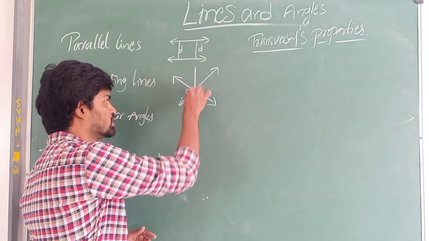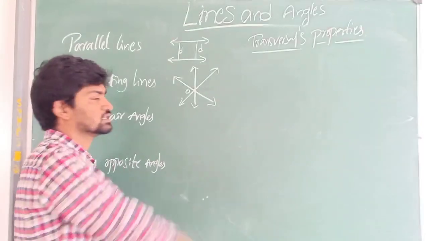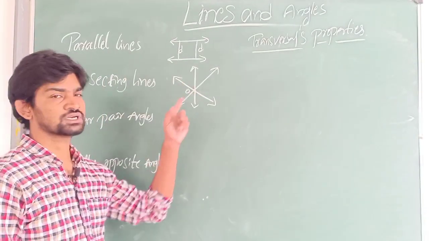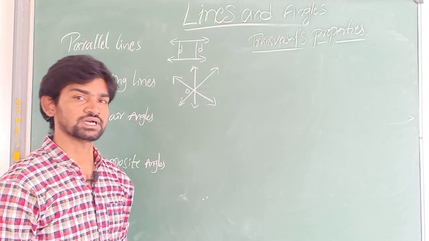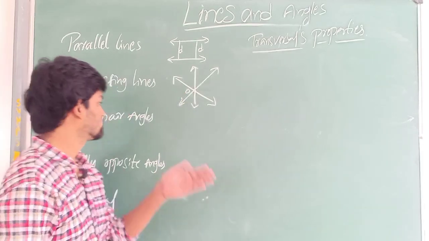If one more line also passes through here, then these lines become concurrent lines. This point is now called the point of concurrence. Okay. Next,